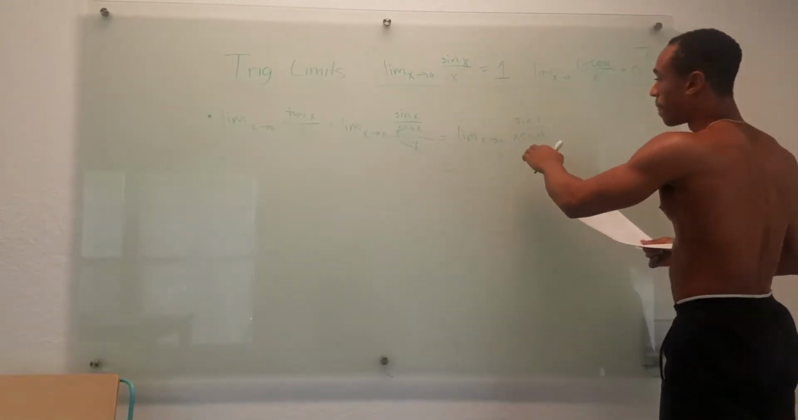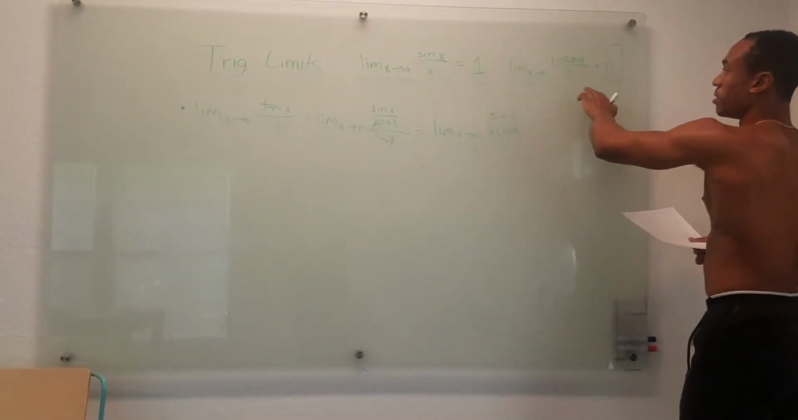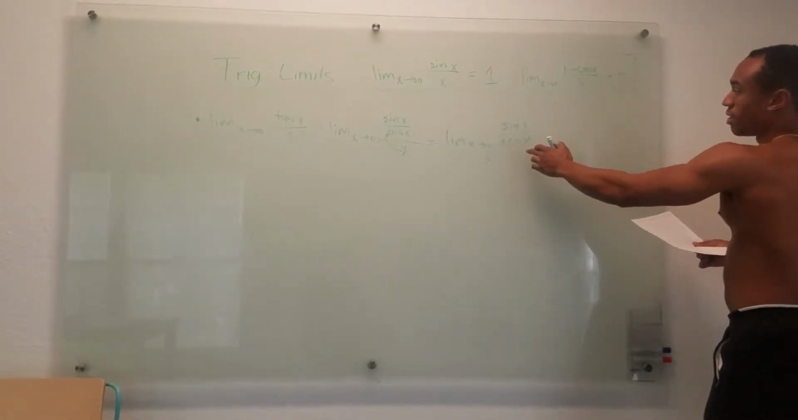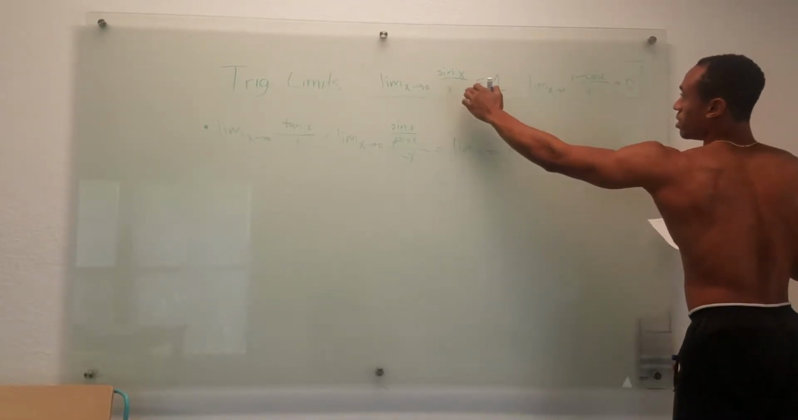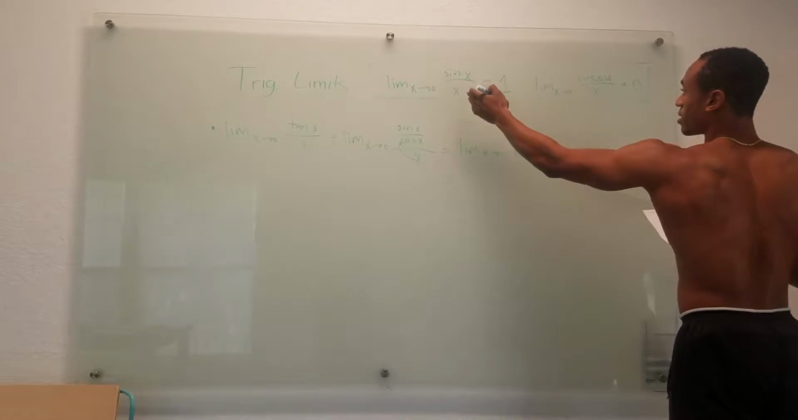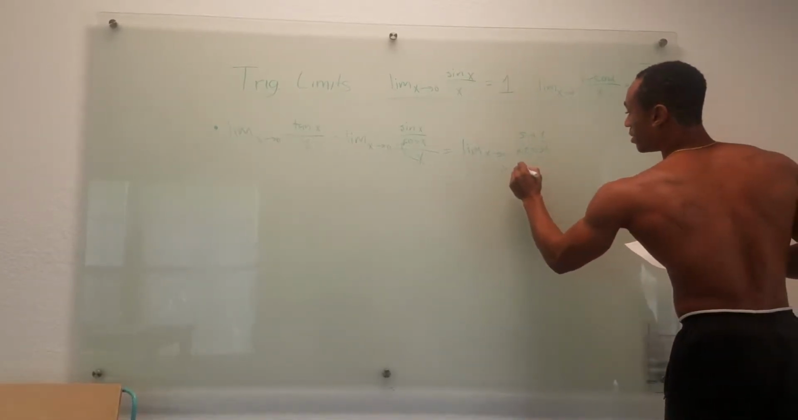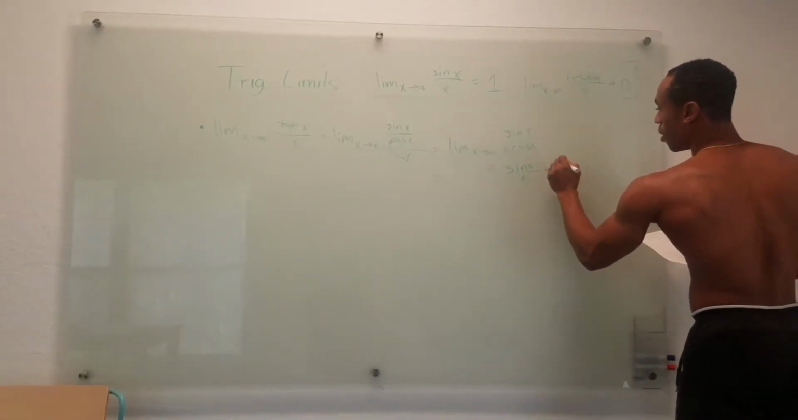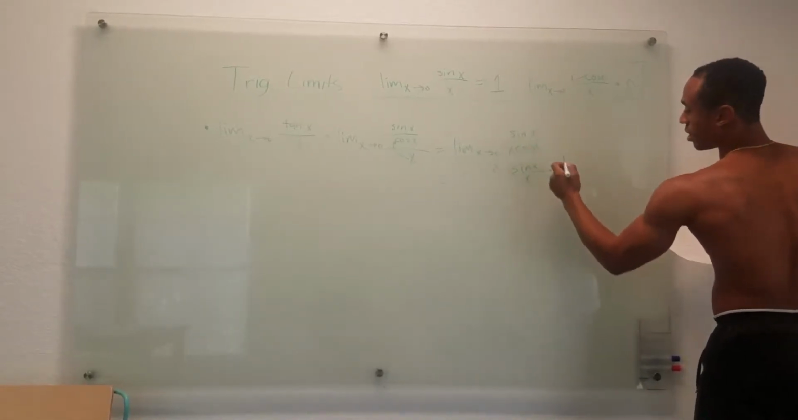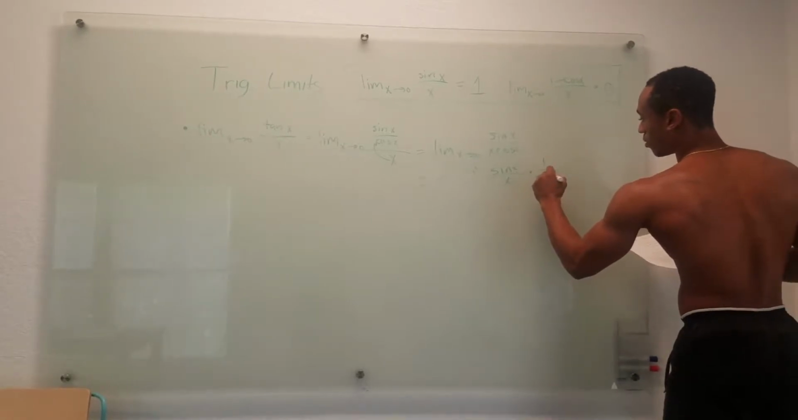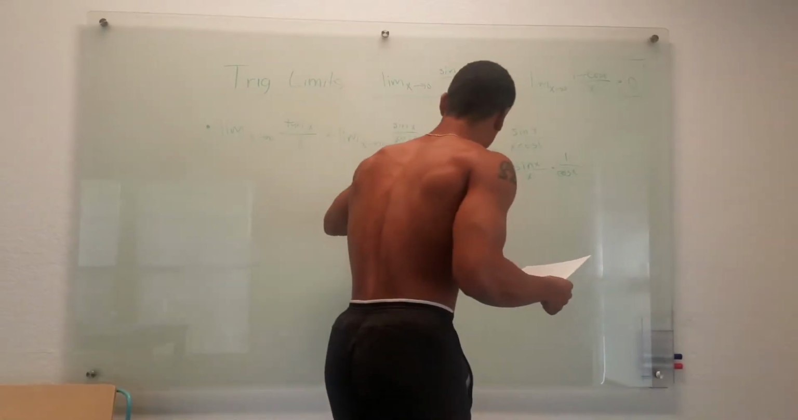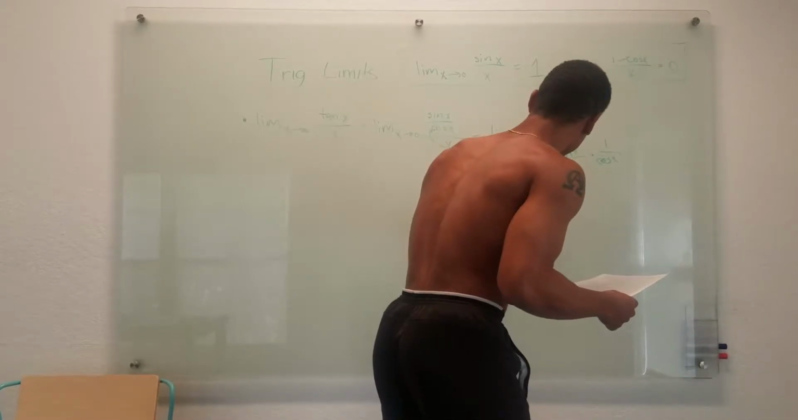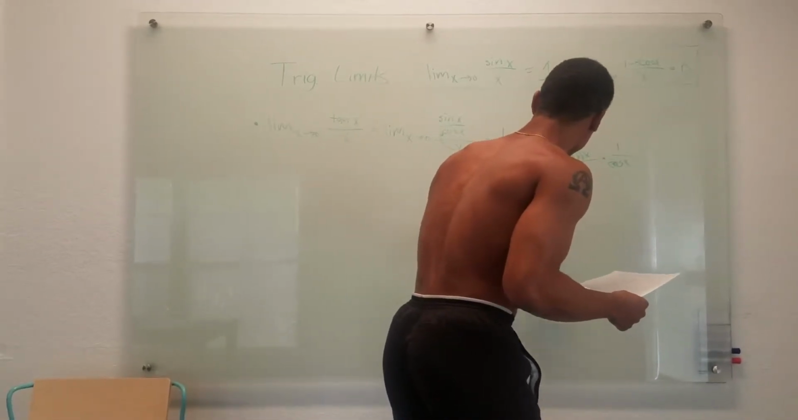I'm going to break this up in a way that I can use these shortcuts up here. So we got sine of x over x times cosine x. If we split it up the right way, we can use this case right here. So I'm going to try to get sine of x over x times something else. So I'm going to do sine of x over x times 1 over cosine x. Okay, so now we have limit as x approaches 0, sine x over x